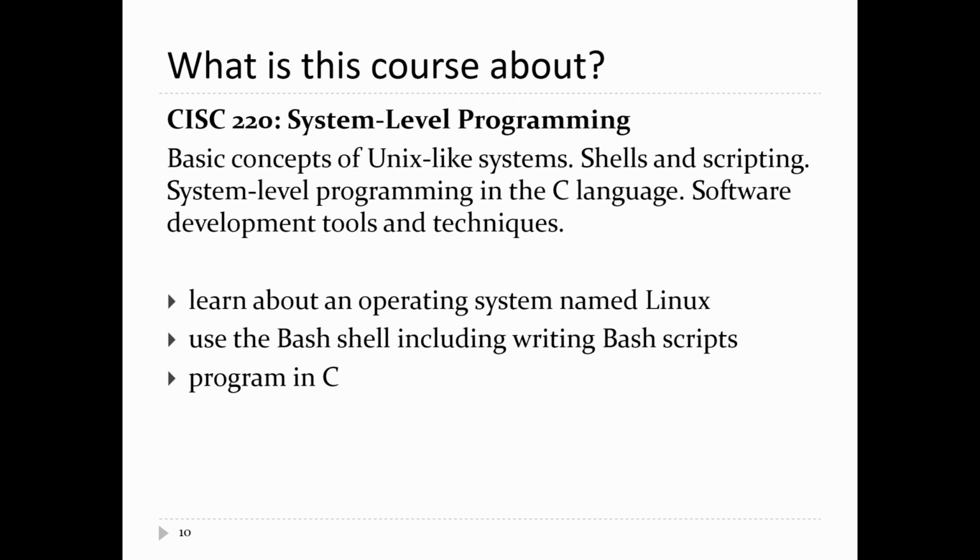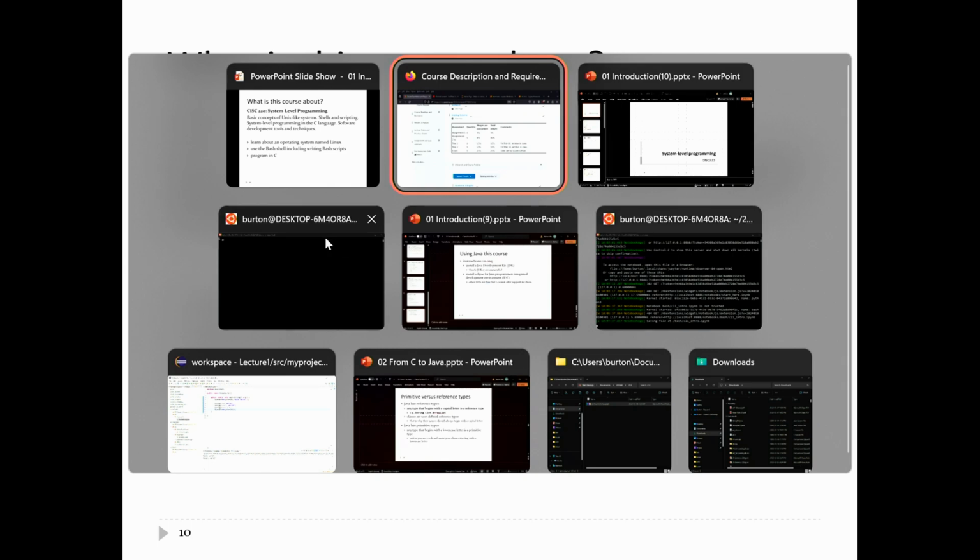In this course, we're going to work at a lower level. You're going to be using something called a terminal. It looks like this, which doesn't look like anything. You can type into this thing, and that's all you can do. This is a Linux terminal. It's running something called bash as its shell. It basically sits here waiting for you to type in commands, and it responds to the commands.